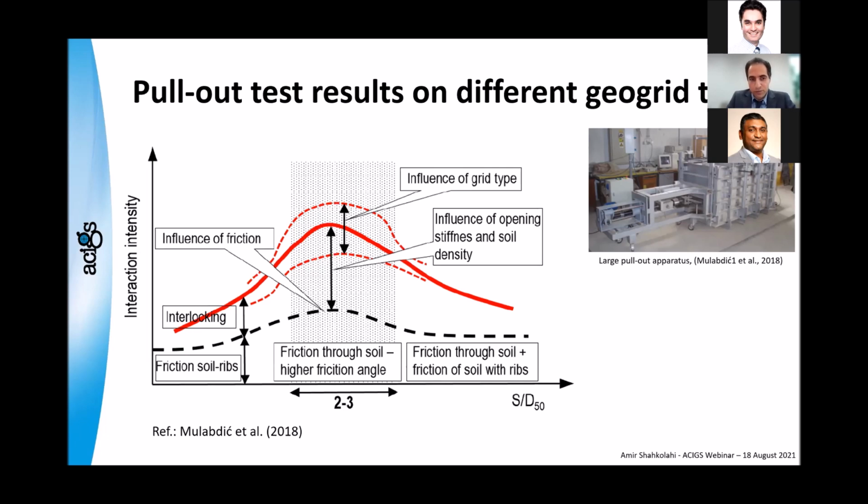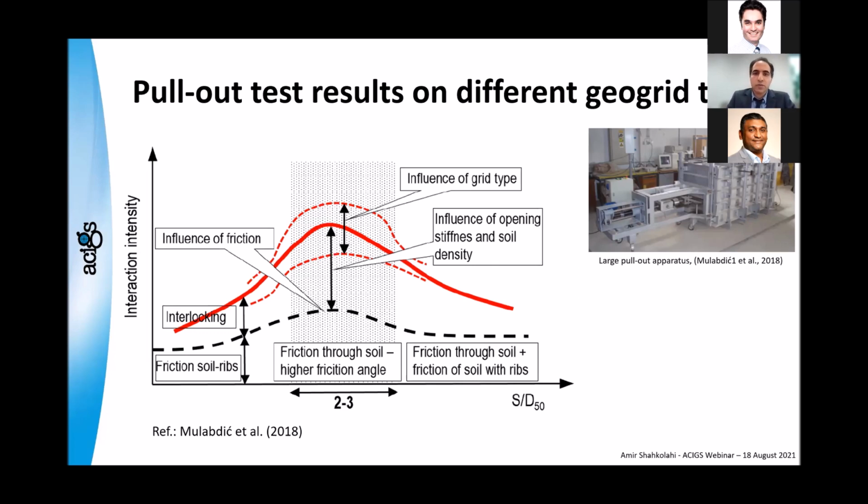Now, again, we don't have time to go through all of this, but one of the main things that we see is that it's very easy to consider the effect of friction or soil type, because the soil type is the same, we can find the same soil type. But what is sometimes confusing or misleading is the type of geogrid. Different types of geogrid, as you can see in this graph, give a range. So there's a range for type of geogrid.